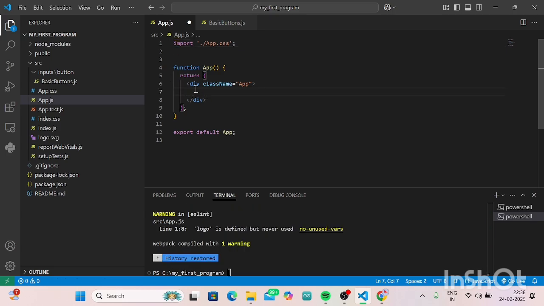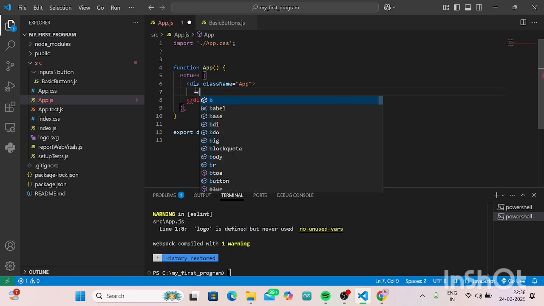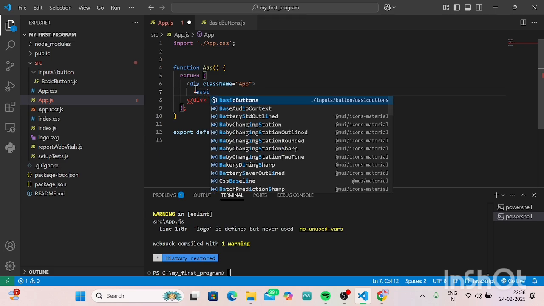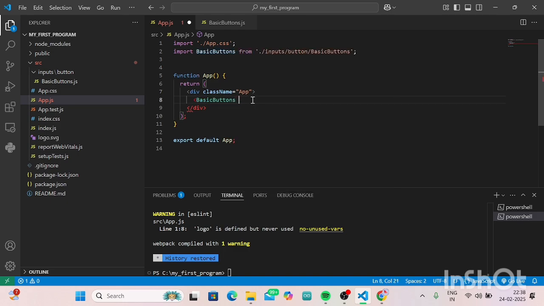Okay, click here and import the basic button. You can see here basic button. The file which I have saved is being popped up here. If you didn't get this pop-up menu, wait for some time, it will reflect, and click on it and /, close the bracket, and now import. If you close the bracket, the import statement will automatically pop up above. If it doesn't pop up, then you need to write the import basic button. It will show the path by itself. Save it,